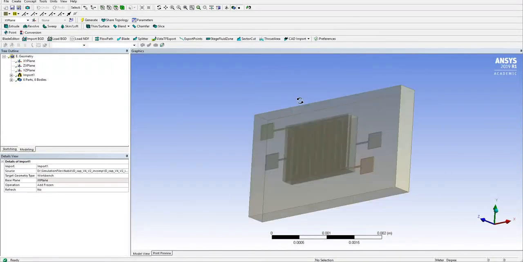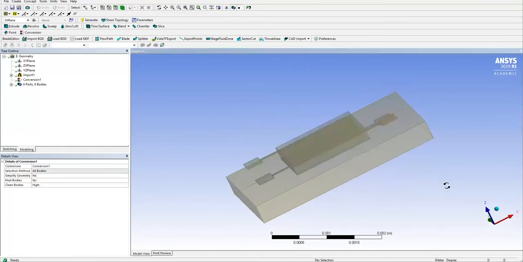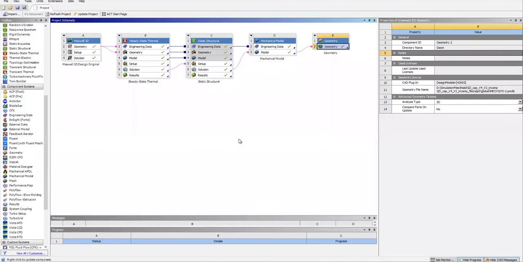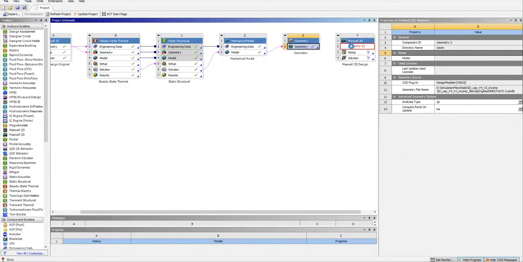This is how our deformed model looks. And then we generate our geometry here. Then we again import our model in Maxwell 3D. This is the deformed structure of the sensor.